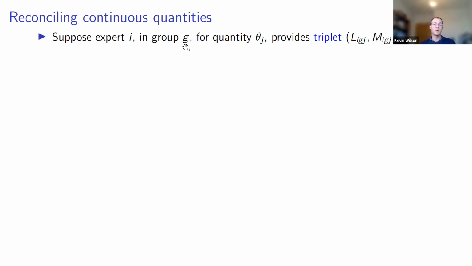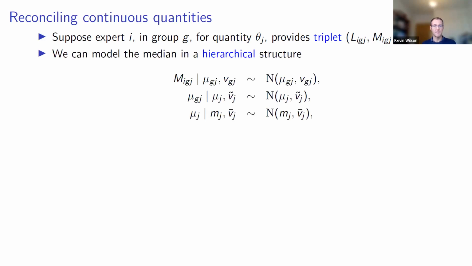The reason we want to include a group subscript here is that we want to say that the judgments from experts within the same group are going to be more highly correlated than the judgments from experts between different groups. Experts using the same rationales to come to their judgments are going to be giving you more correlated information than experts who are relying on different pieces of evidence, who are using different rationales, who have a different mental model, if that's a nice way of thinking about it. Then we can just use standard hierarchical model structures in order to incorporate this dependence and to get out the decision maker's posterior at the end.